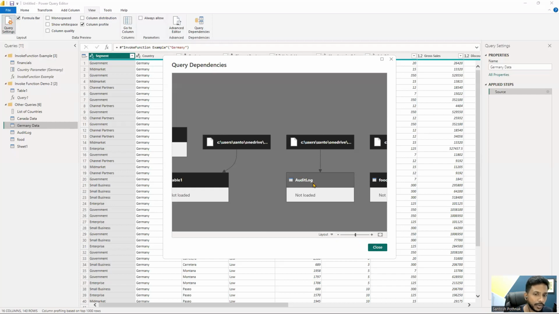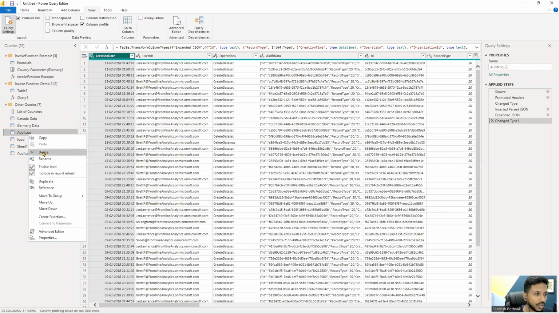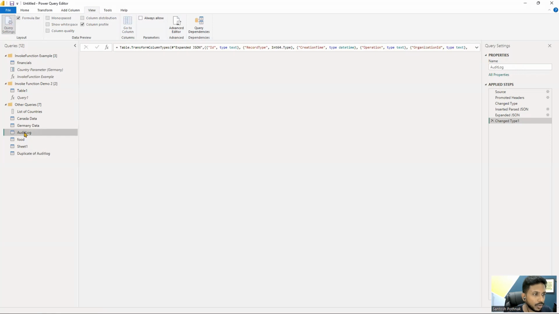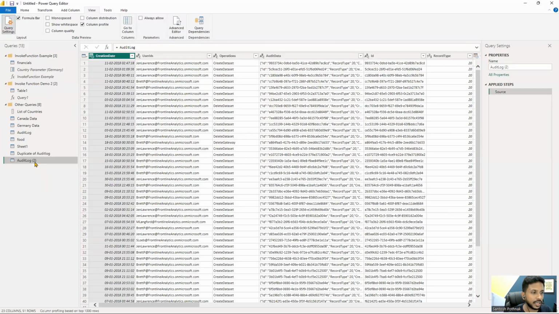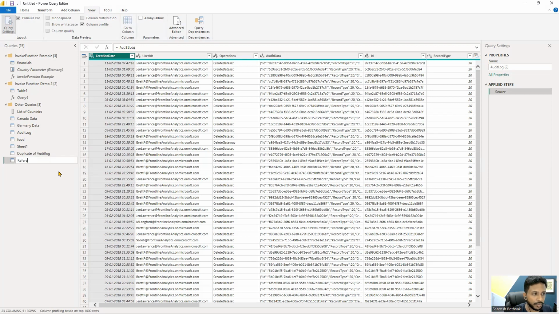So I'll do one thing. I'll give it more. For example, we'll do something on audit log. Okay. I'll right click audit log, duplicate it. I'll rename this duplicate audit log. And again, right click on the audit log, reference it. There's something called reference. I'll rename it reference audit log. Okay. So let me go back to query dependencies